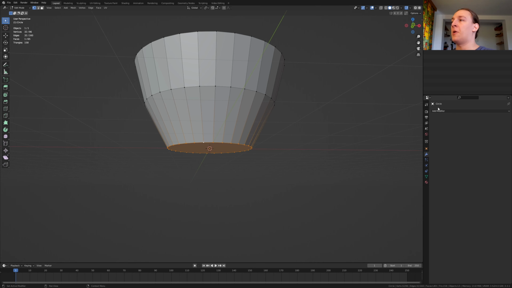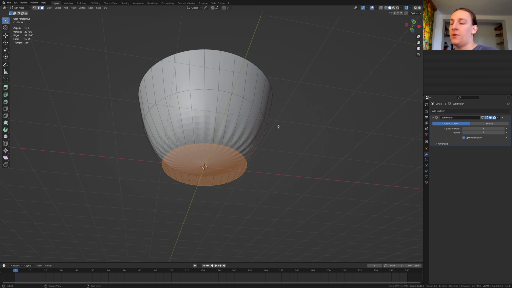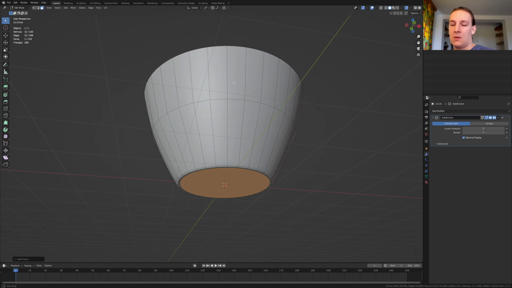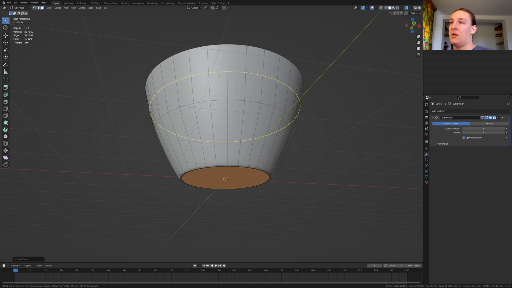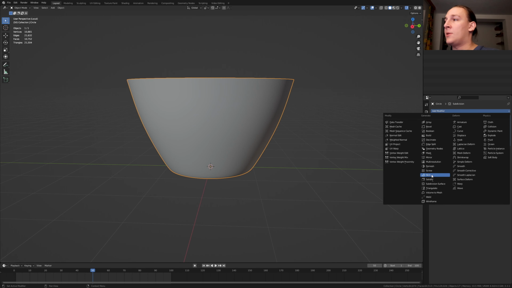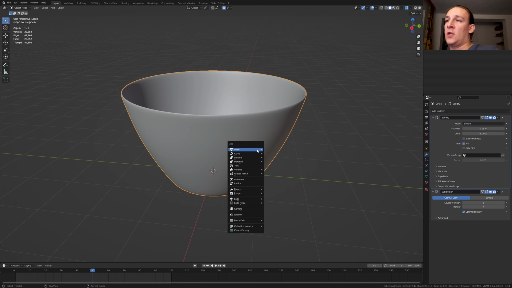Go to the modifiers and add a subdivision surface modifier and set the levels viewport and render to 3. With this still selected, press 3 and press I. To get rid of these weird edges here, press I again. Now here press Ctrl R and add a loop cut and move it up here. Go into object mode, add a solidify modifier, move it above the subdivision surface modifier, hit Shift A and add